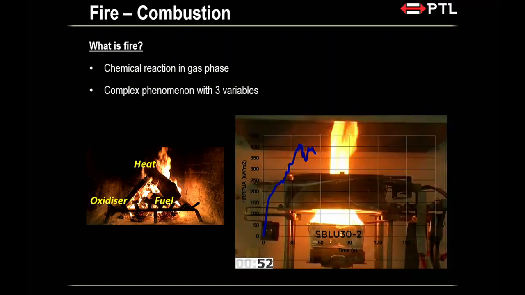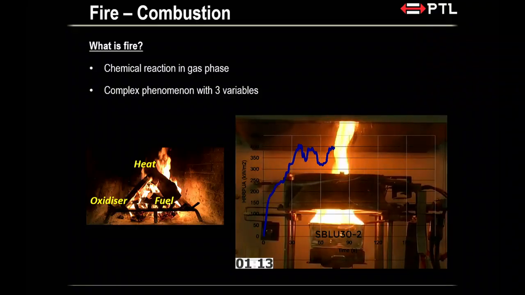So when we say solid is burning, in reality it's actually the gaseous fuel that is coming off the solid that is burning. So wherever you see a flame, basically what you're witnessing is the fuel gases interacting with the oxygen and producing the flame. The flame is a chemical reaction, basically. So this phenomenon here is fairly complex. We like to deal with single variables, and whenever you have three variables, heat source, fuel, and oxygen concentration, which could all change, then you have a fairly complex kind of problem.